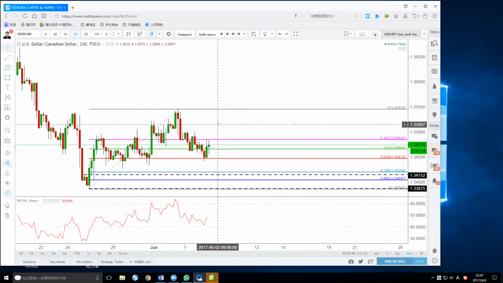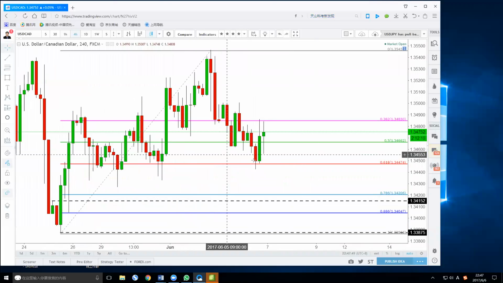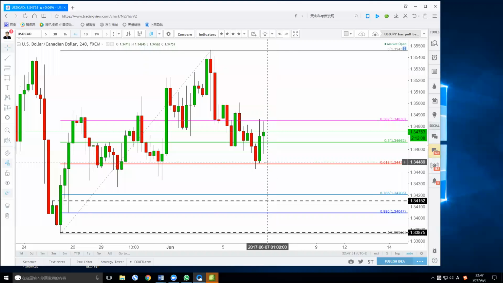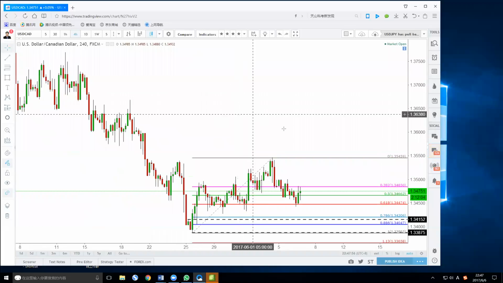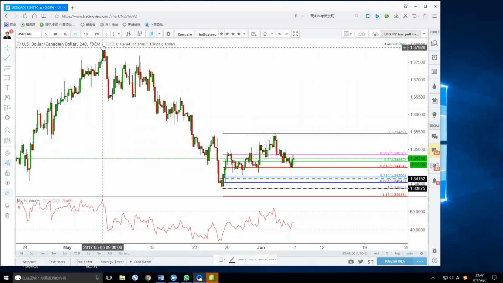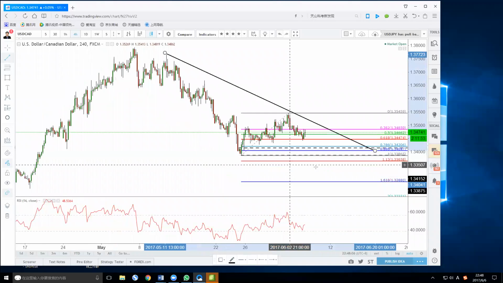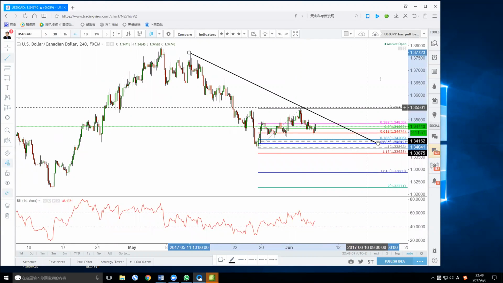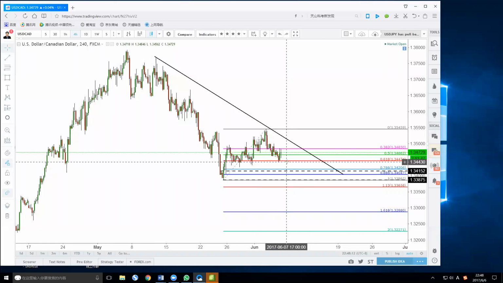So you can see here 1.3447 is a very good support, right? But you don't want to really long from here because there isn't a double bottom. I will wait for the price action to be confirmed when it breaks this downtrend line. After breaking out the trend line, final pullback to buy the dollar CAD. Otherwise, you just wait for the consolidation to be complete first.